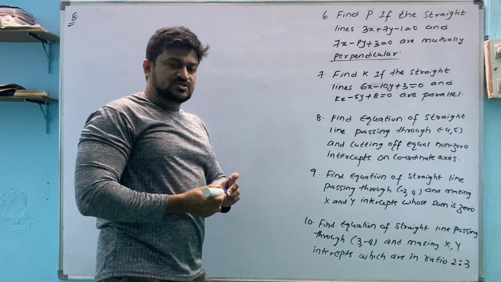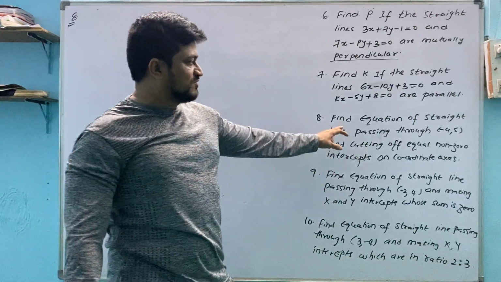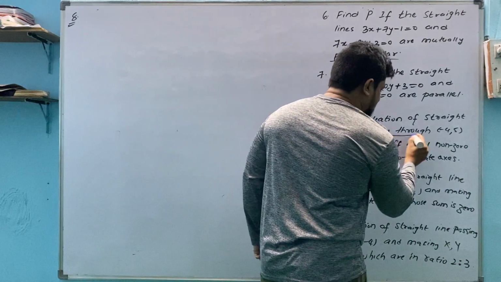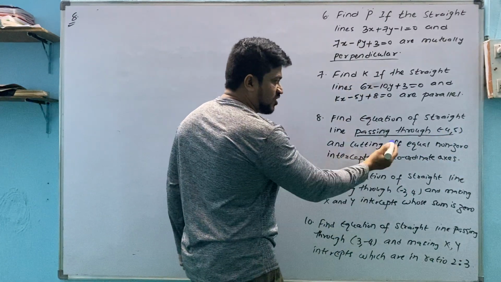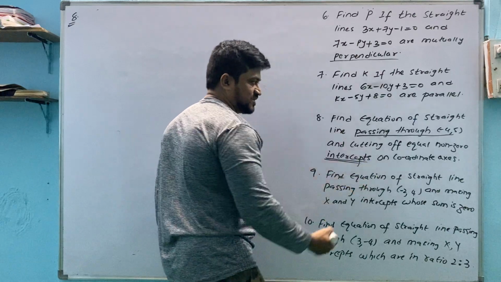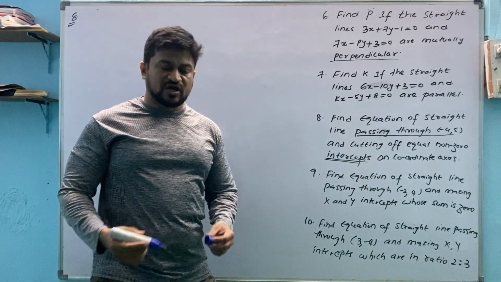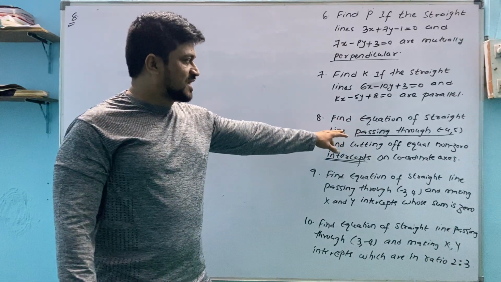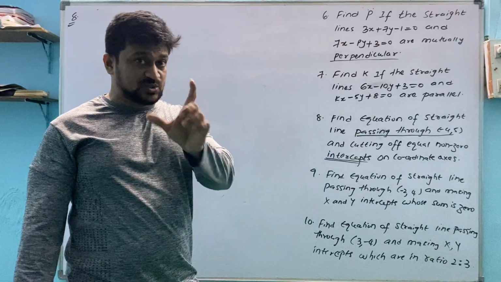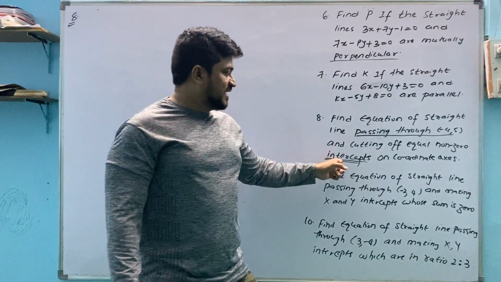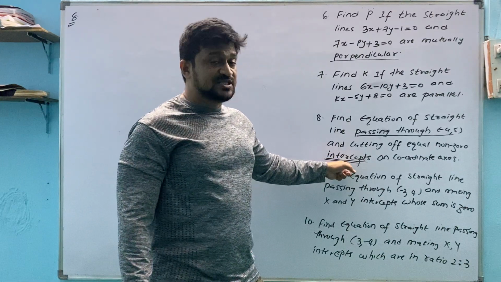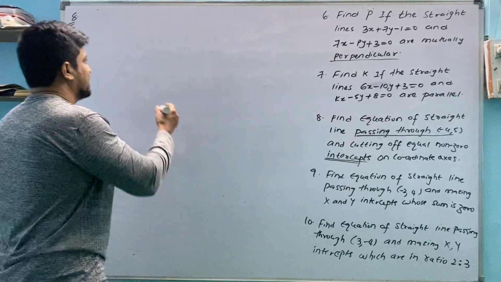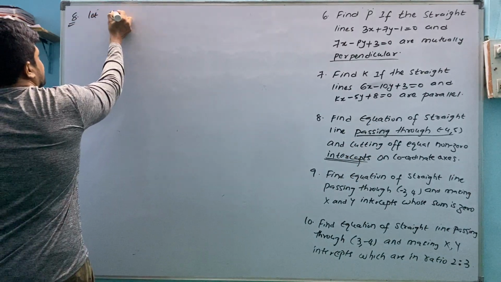From the 8th question onwards, you have to remember one concept. Whenever you need to find the straight line equation, and a passing point is mentioned to you, and cutting off equal intercepts is mentioned to you. Some problems are there in which you have to learn the concept behind it by heart. We need to find the equation of a straight line. Passing through is mentioned. Keep the word in mind. And intercepts are given to you. If such a question is there with passing and intercept, first you should write the equation of the line.